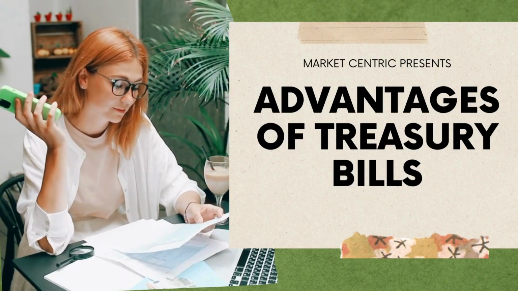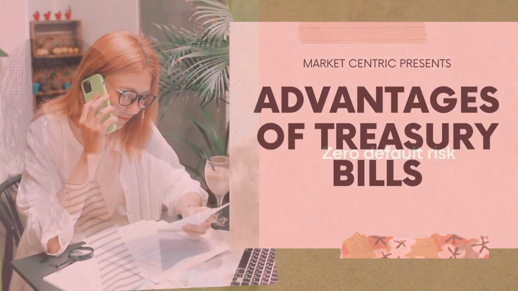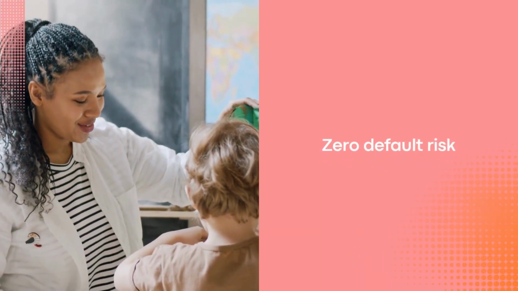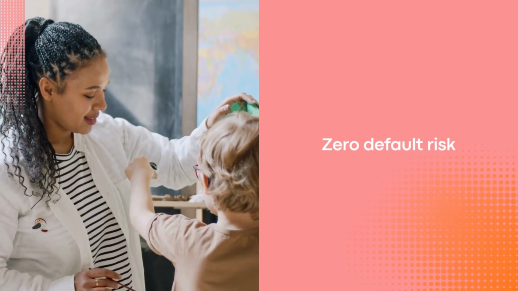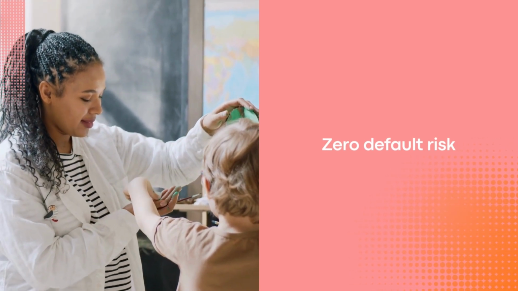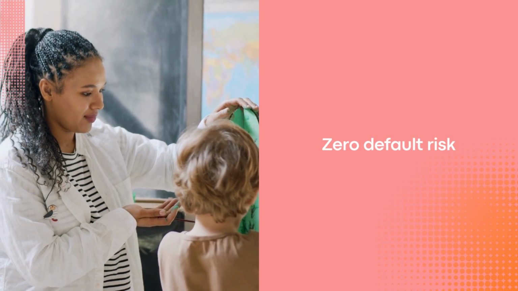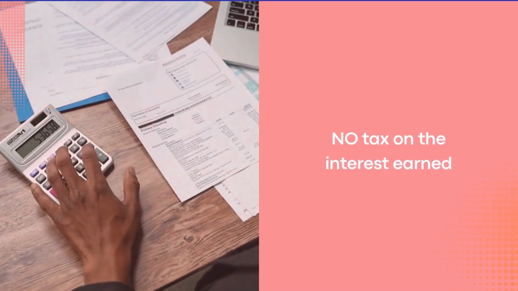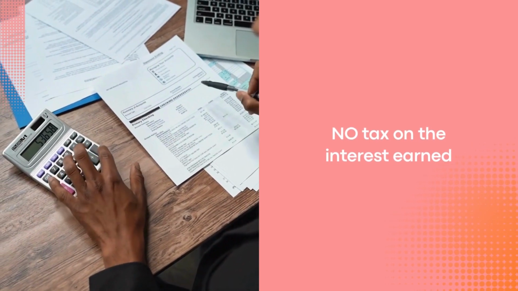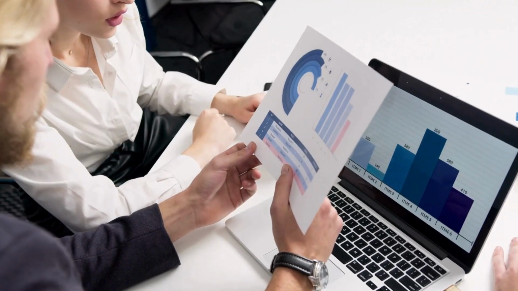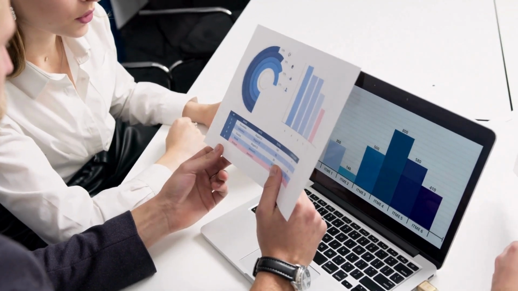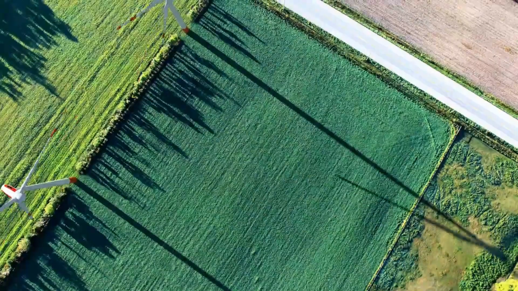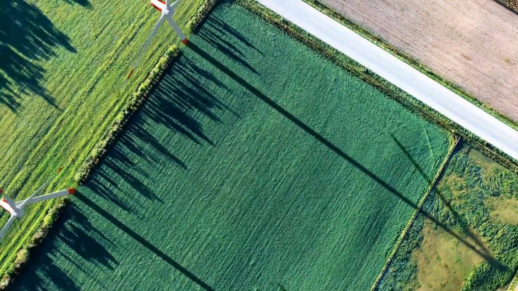Some of the advantages of using Treasury bills: there is zero default risk. This is because they are secure, and they are secure because they are government-backed, and also because the government is the issuer of these Treasury bills. The interest which you earned from the money which you invested, the government does not tax this money, and therefore this results in more money to the investor as compared to other forms of investment where all the interest earned is subject to a withholding tax.